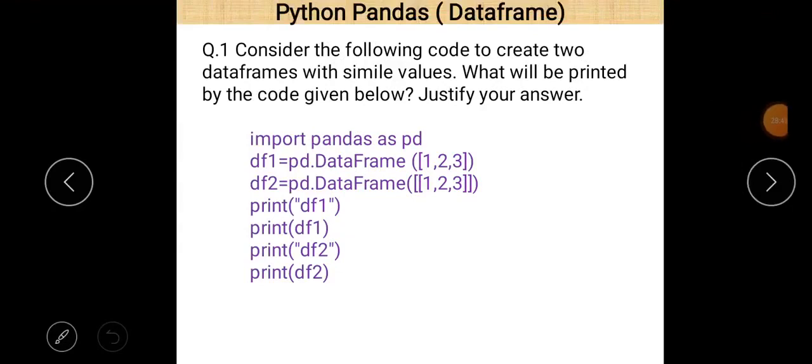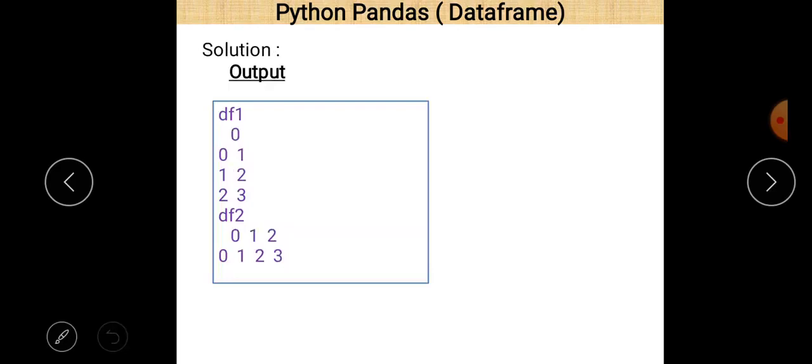Now let us take one more important point. In question number 1, it is very important because it is also used in the last question. Here we give a single list, and here we give a nested list. When we print that, the output looks like this. Here there is a single column, and there is a single row.